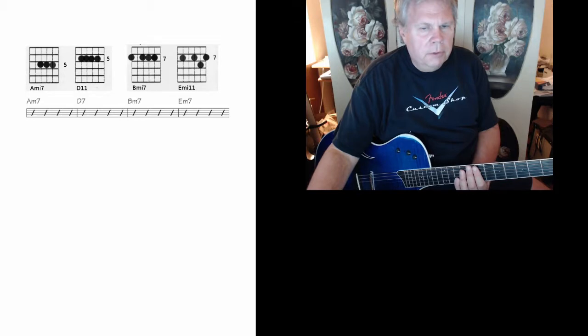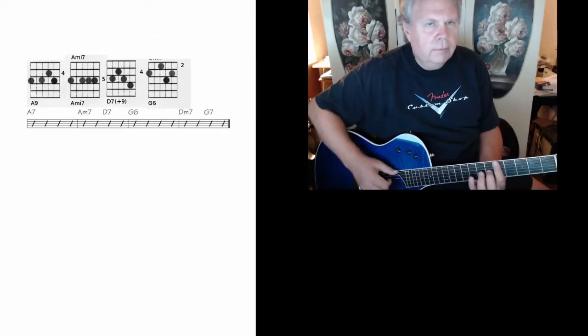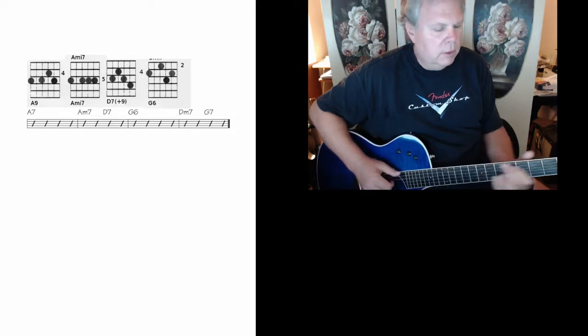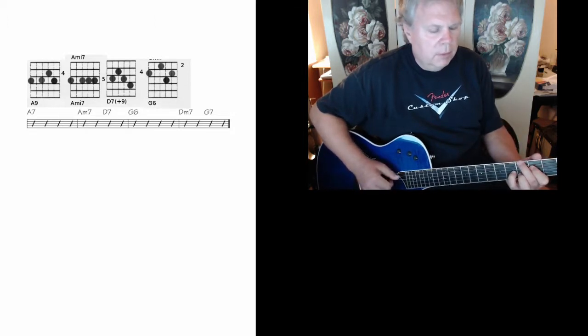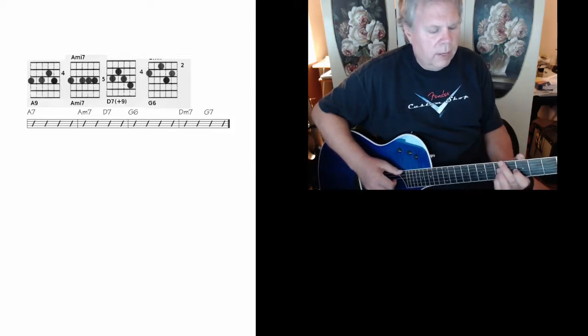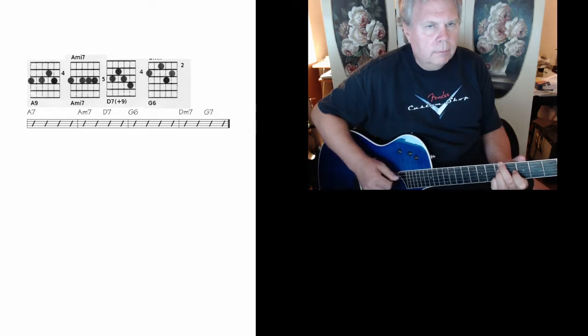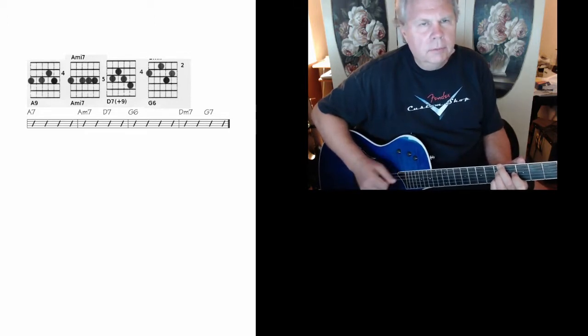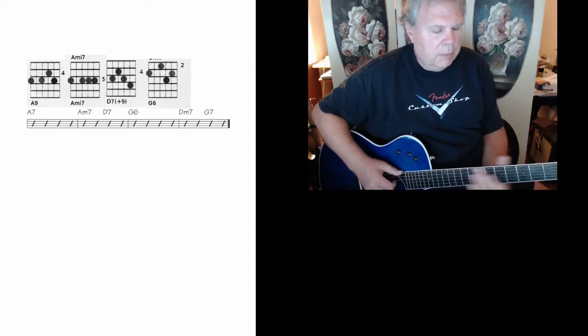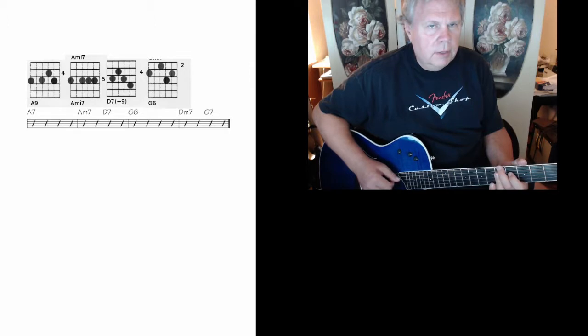Measures 29 through 32 next. We have A7 and A minor 7 to D7, 2 beats each, of course, and then a G6. And then the turnaround is D minor 7, G7. Okay, so in place of A7, we have A9, which is kind of a nice warm voicing and substitution for A7. It's still a dominant chord, so it works. And then A minor 7, and then D7 sharp 9,